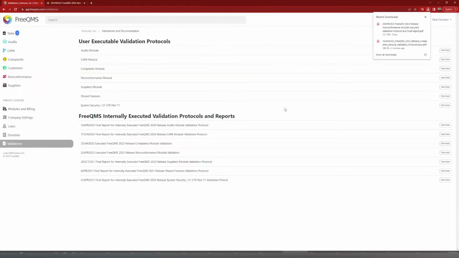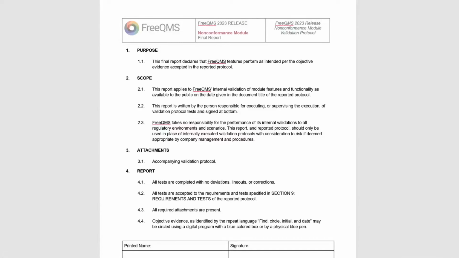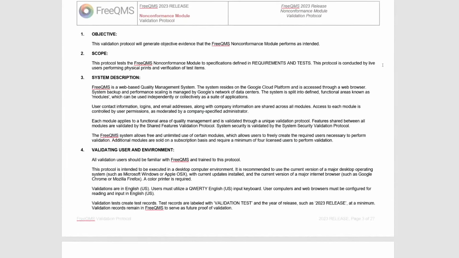Now that you have both versions of the validation documents downloaded, let's open the executed validation protocols and briefly walk through its contents together. In the executed validation protocols, you'll find several sections that provide a comprehensive understanding of the validation process. These sections include the objective section, which outlines the goal of validating a FreeQMS module, the scope, which specifically refers to the FreeQMS nonconformance module, the system description, which provides a detailed description of FreeQMS as a web-based system for quality management, the validating user and environment section, which explains the environmental controls in place during the test,